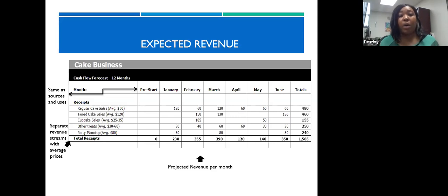But this is kind of a breakdown of expected revenue. So when I talk to a client about the loan amount that they may be looking for, we base a lot of that on cash flow projections. It would be a similar thing where, how much do you anticipate coming into the business? How much sales do you anticipate each month for the next year? And based on that, can you afford loan payments and things like that? If you can't, that may be the point at which you either take a look at your business plan again, or change the amount that you may be looking for and what you're going to do with it. And some of this can also help you plan if you're going to reinvest profits back into the business,